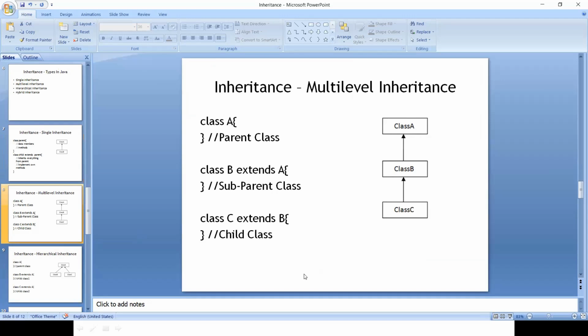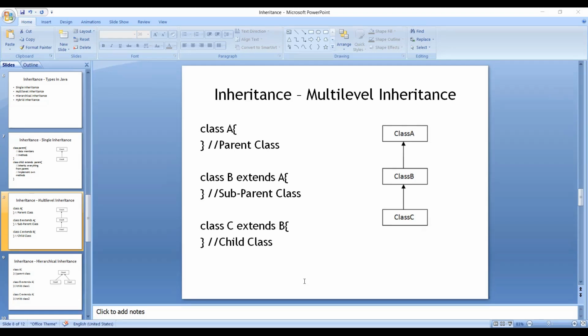In this scenario, there are three classes A, B, and C. Class A is the parent class for class B and class B is the parent class for class C. Class B inherits all the features that are there in class A and class C inherits all the features that are there in class A as well as class B. So class C is considered to be the subchild, class B is the subparent and class A is the parent. Let's go and look at the demo for this.